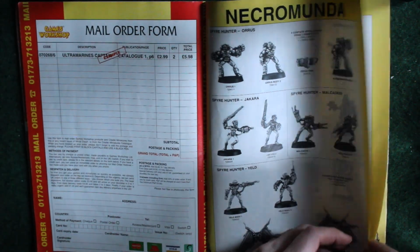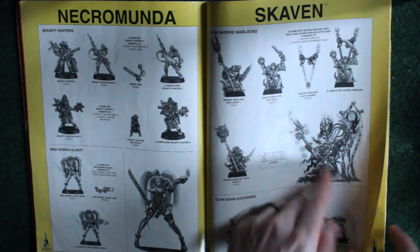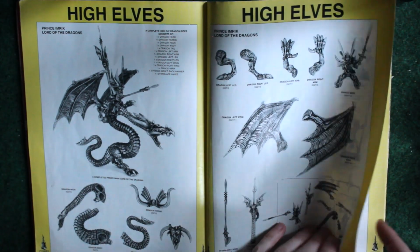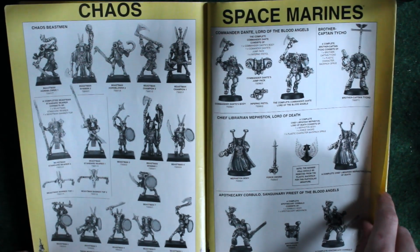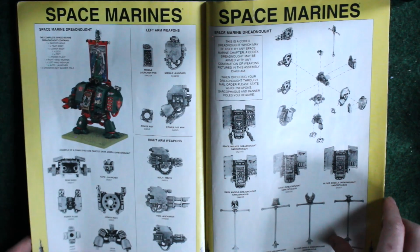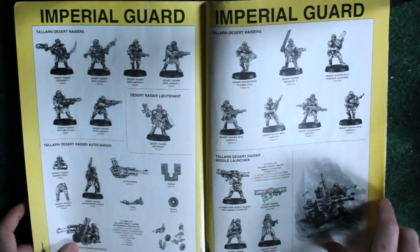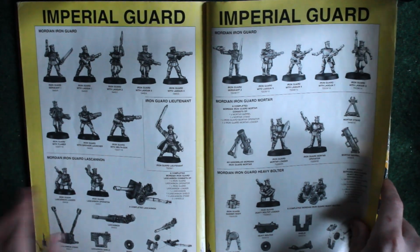Here we have Spirers and Mad Donna Eulanti, and some Colin Dixon Skaven, beginning to replace the Jez Goodwin ones. Here's Imric, so you can have him on his cool dragon. We saw Egrim last month. Some Beastmen, those Blood Angels special characters, a Dark Angels specific Dreadnought, and then the conversion kits for the plastic Dreadnought. Talon Desert Raiders, Mordian Iron Guard,